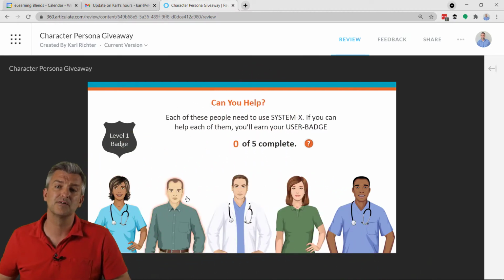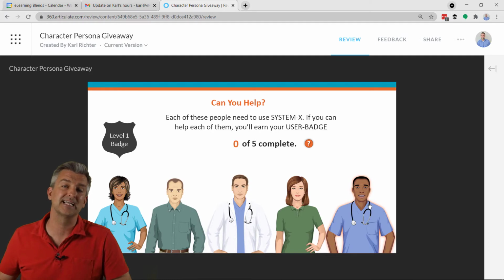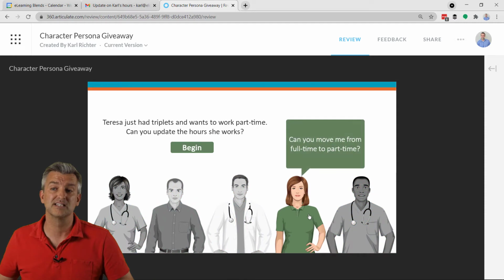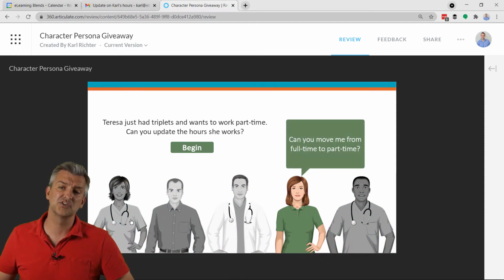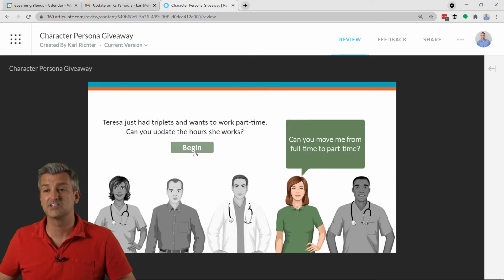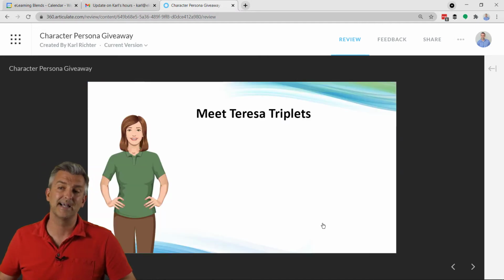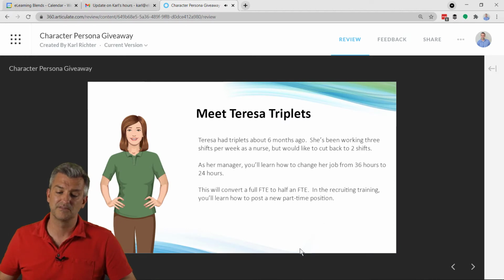So the first thing that we've got here, this was software training, and rather than making a module that just shows the features of the software, you want to have people with a little backstory for why they would want to use this. So I did a trick here with custom states so that as we go to the different layers and we meet these different characters, they all gray out. And then when you actually finish and you go through it,